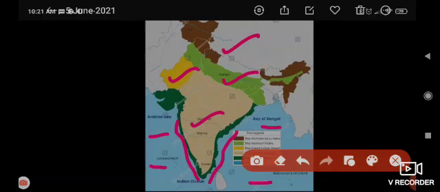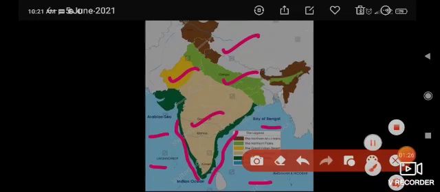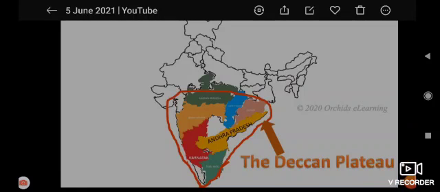These all are the physical divisions among which the whole of India is divided. As you can see, this is the Deccan Plateau. You can see that the Deccan Plateau or the Southern Plateau is triangular in shape.